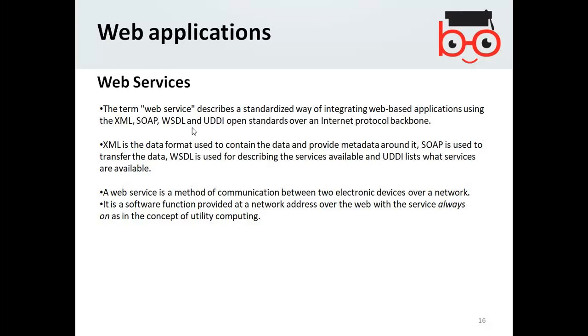Like I input the data, and Skyscanner contacts the databases. I think you said via the UDDI protocol. Yeah.